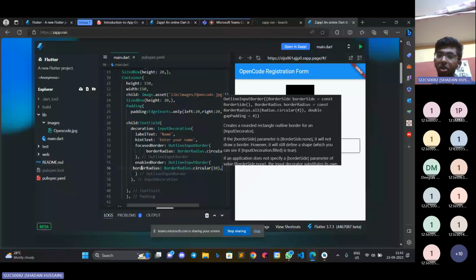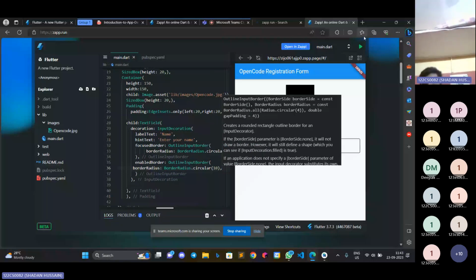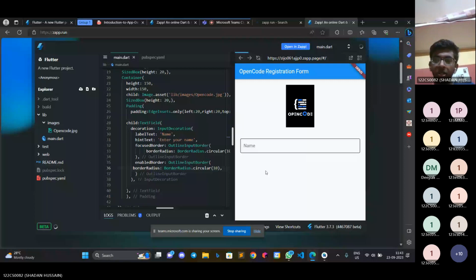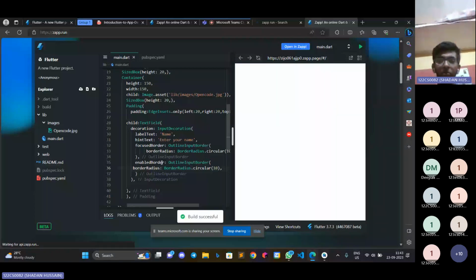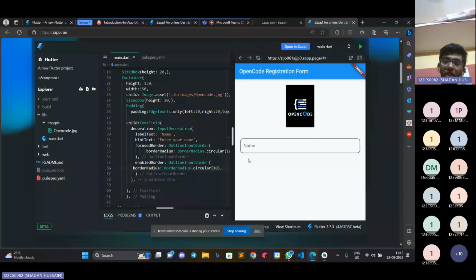Now let's run our app and see how it will look. बेसिकली अभी एजेस को मैंने कर्व कर दिया, देखो बॉर्डर रेडियस क्या किया, बॉर्डर का रेडियस, इसको कर्व कर दिया, सर्कुलर। देखो।